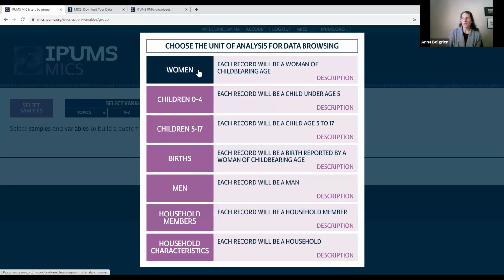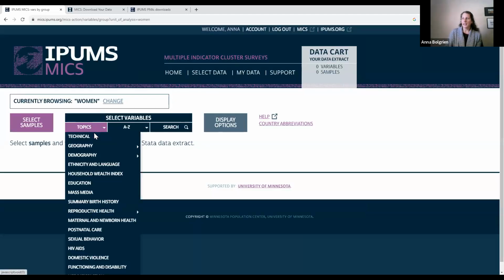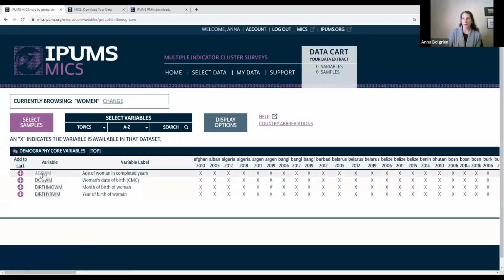If a woman is in the household and she is the mother of a child, then you could download information about her age from the woman file by selecting the woman and then looking for demography, which would have information about the age of the woman, and select that. You do have to create different data sets for every single one of these